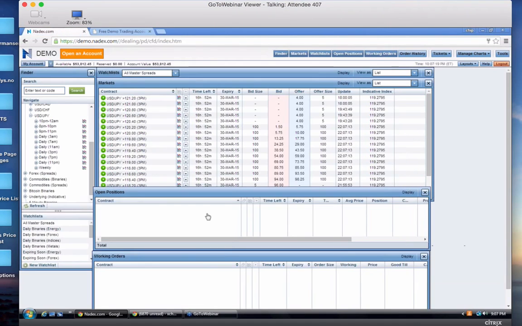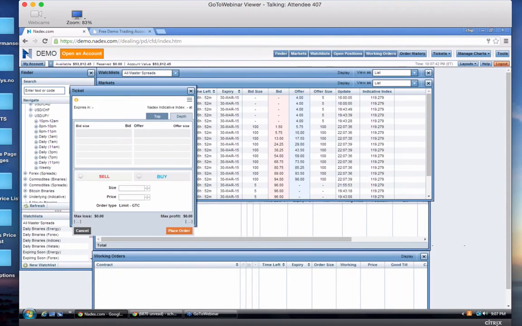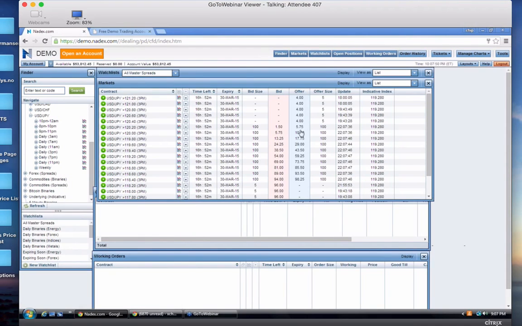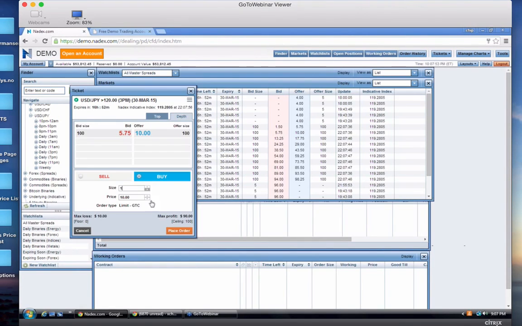It's very quick, and I would suggest when you're practicing, start on the buy side first, and you just say, okay, what if the underlying market was going to go to 120? What would I do? Well, I could buy one contract. Okay, 5.75 is my cost to make 94.25. What about this one? Buy one. And the offer price gives you a buy ticket right away.